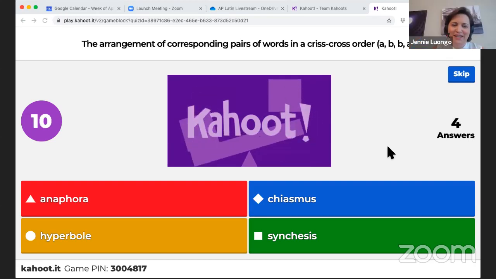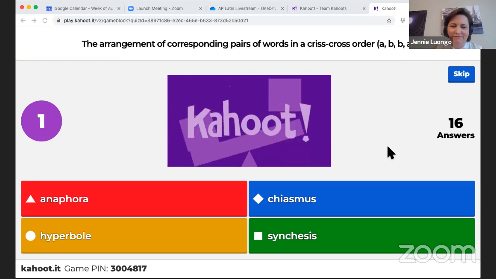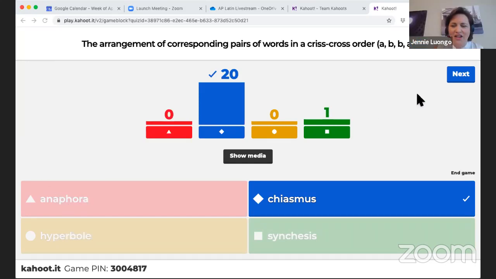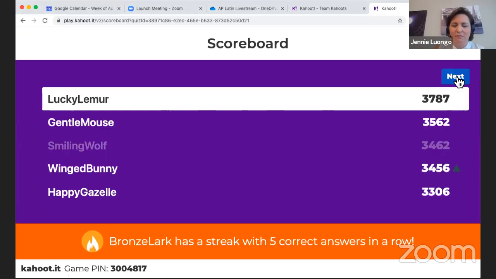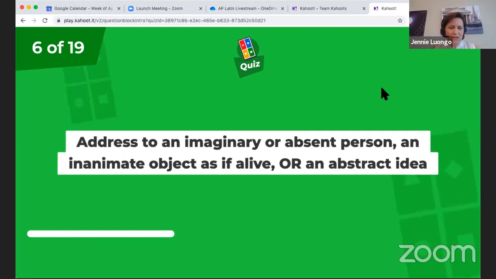Yeah, exactly. No, we talk about Catullus, and the big famous one, Catullus 85, right? Odi et amo. The big crossing one. That's how I do that in Latin 3. More people got chiasmus right than alliteration. That's incredible. These must be Latin people. It's such a common usage. We're going to see a lot of it today.